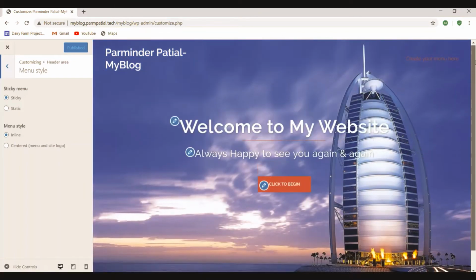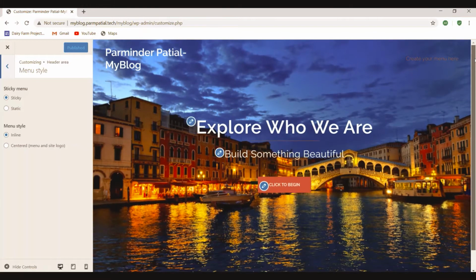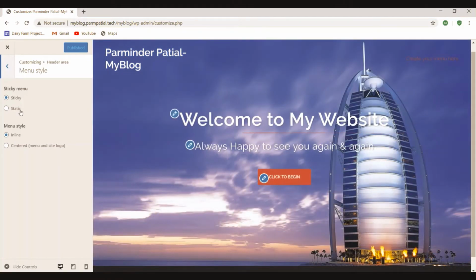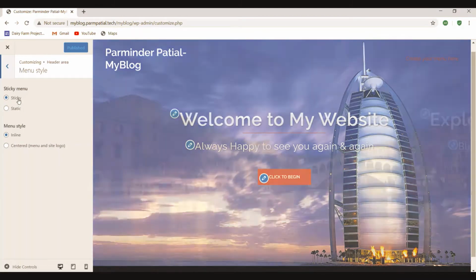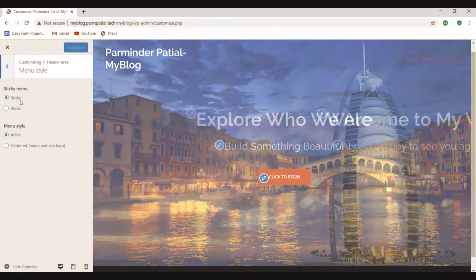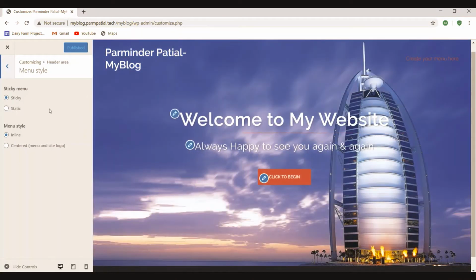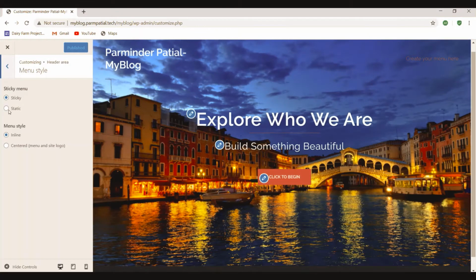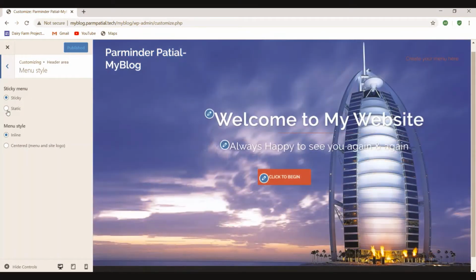Till this time we have not created the menu, so we can also create the menu for this. Just simply click on this button, and there are two options for us to make the sticky menu or static menu. In our case I'm going with sticky, so I select this. If you don't want that, you can click on static.